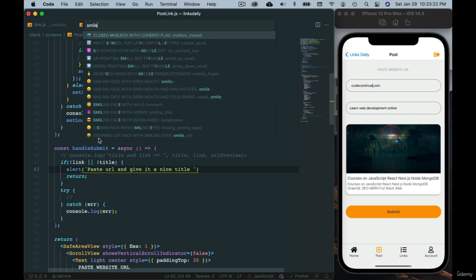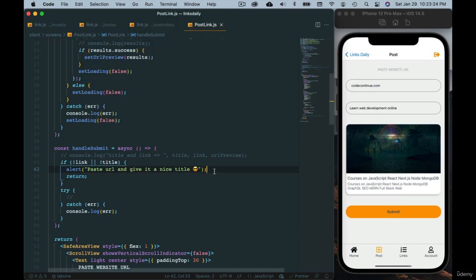Okay, so that's the one. Let's use that. Awesome. So if we don't have the link or title and they try to submit, we show this alert and return immediately, so none of this code executes. Otherwise,